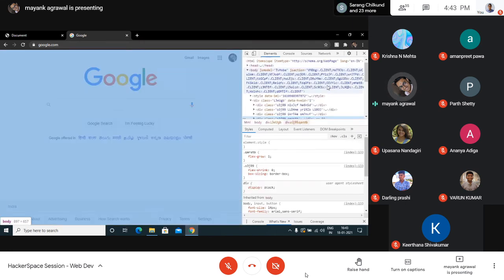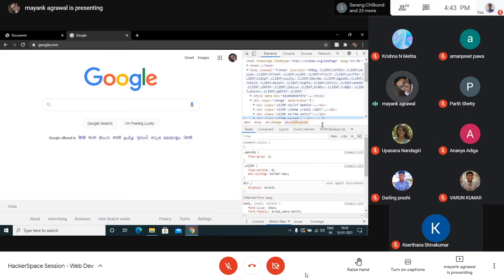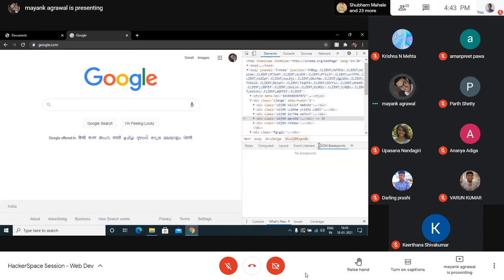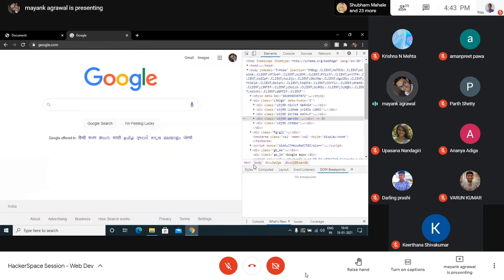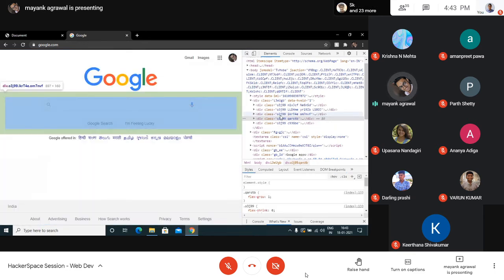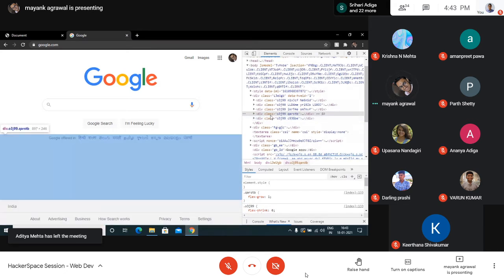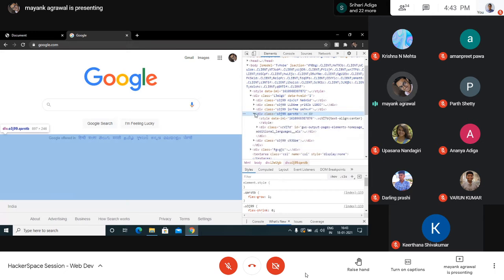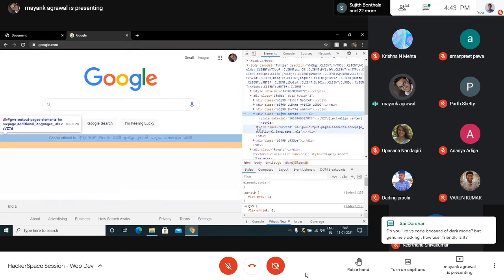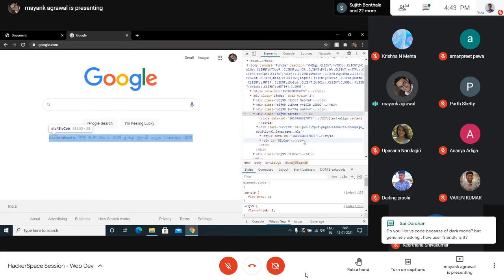This is the developer tools that you will be using quite often when you're trying to build anything, or you're trying to figure out what's going on behind the scenes, right? The changes that you make here are temporary. Whatever changes you want to do, you can, and it won't affect anything.